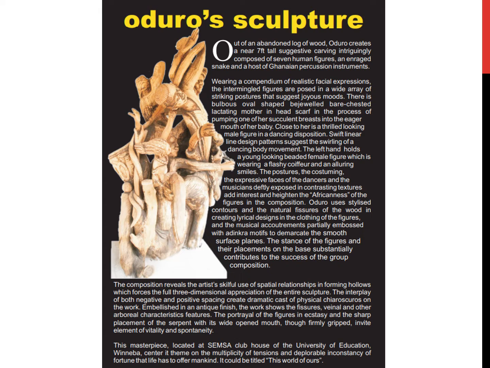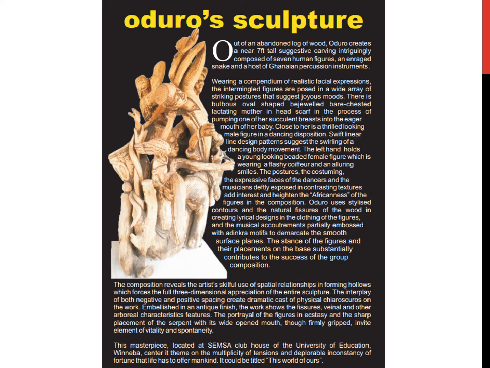Odro uses stylized contours and the natural features of the wood in creating lyrical designs in the clothing of the figures and the musical accoutrements, partially embossed with Adinkra motifs to demarcate the smooth surface planes. The stance of the figures and their placements on the base substantially contribute to the success of the group composition. The composition reveals the artist's skillful use of